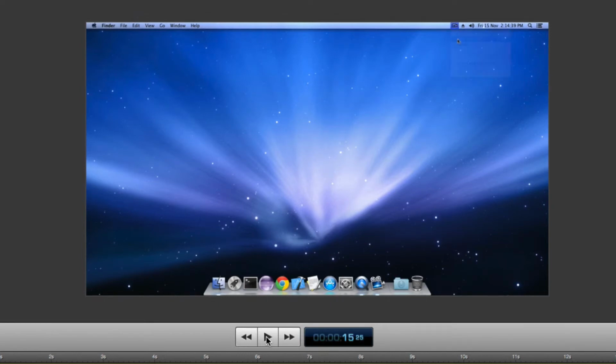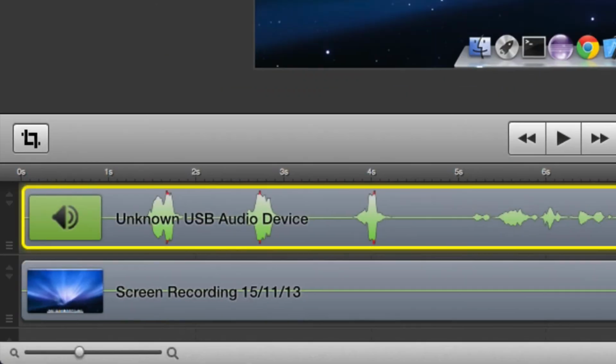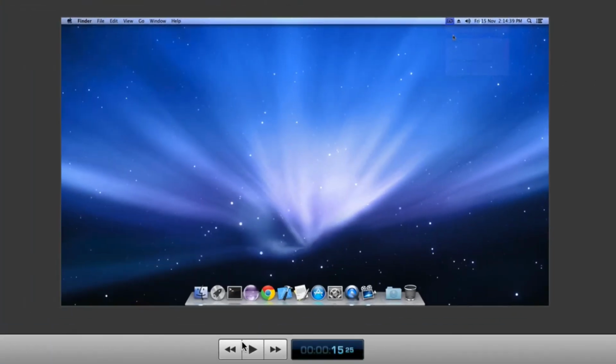So there is no noise. And now what we are going to do is increase the audio, so increase the volume. Increasing it will also increase the waveforms. If you increase it too much, you can see some red spots on this. That means some of the audio is being cut, so never increase it to that. Never let the red spots appear. Okay, now if you play it,